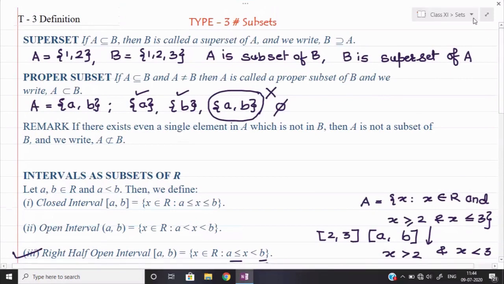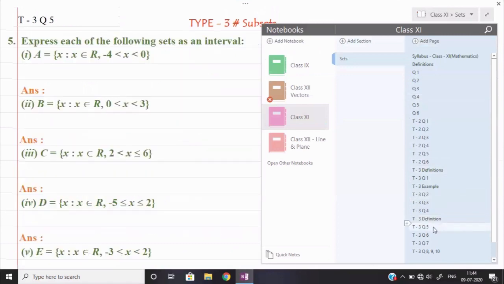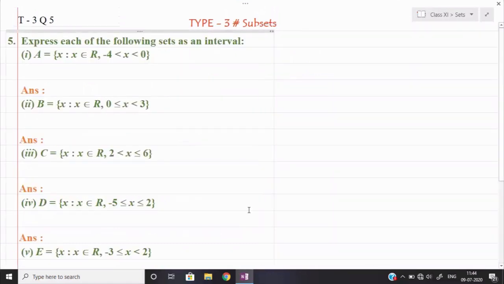Now let us see one question based on this. I am taking type number 3, question number 5. And one more thing, please try the NCERT questions along with this. This question I am taking from the reference book R.S. Agrawal. If you require the soft copy of that book also, I can send you, so you can try the solved examples given in the book. But along with that, try to cover the NCERT textbook also. Okay, so let us see question number 5.